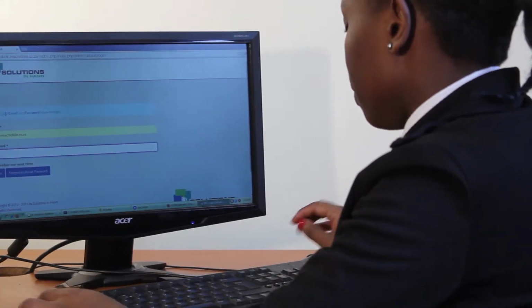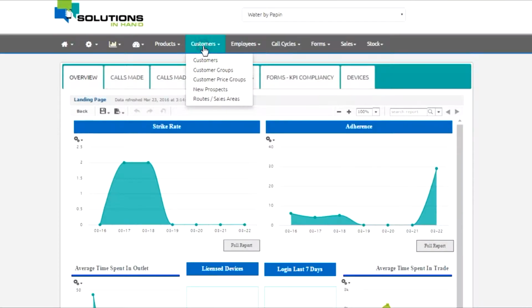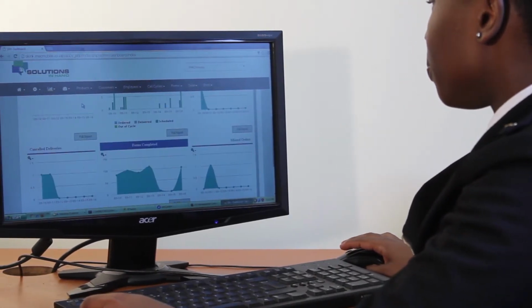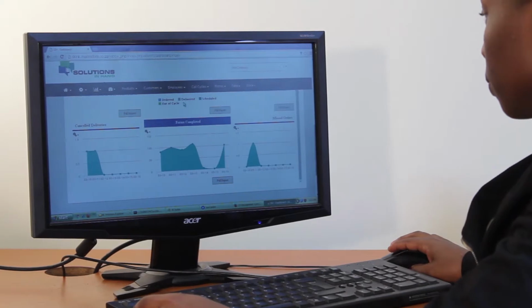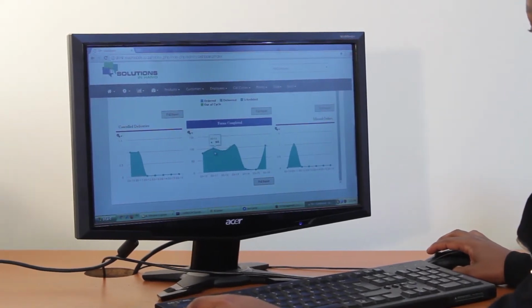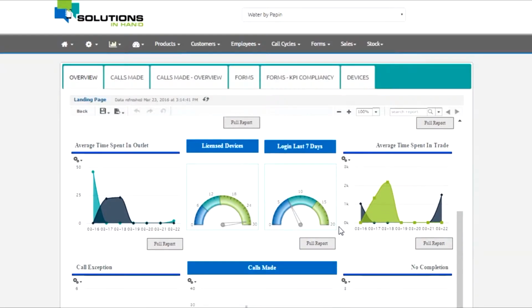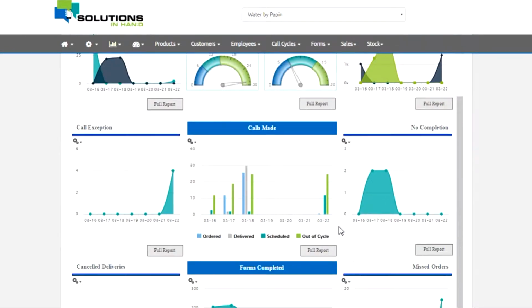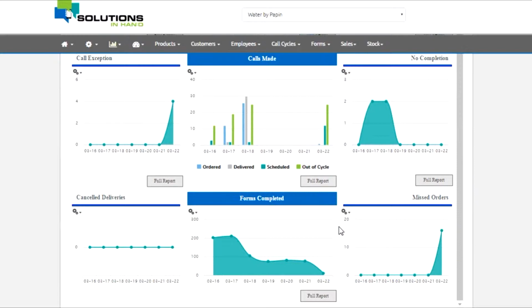Palesa starts her day by logging into the Solutions in Hand system, in which she has already created her customer base, customer groups, routes, price groups, products and product types. She reviews her operations dashboard for the previous day, as well as any historic period that she chooses to analyze. The dashboard will show key KPIs that she uses to manage the business. The details on the dashboard and supporting reports will help her plan her strategy that day and for whatever select